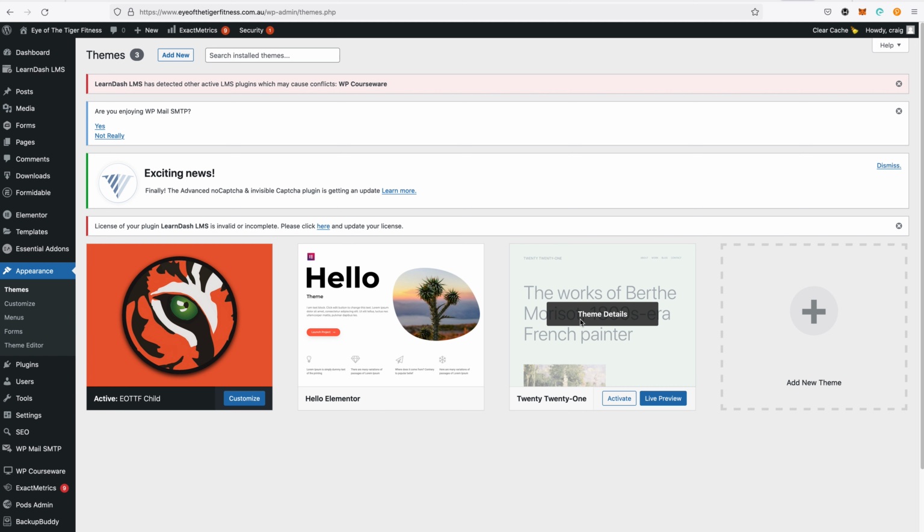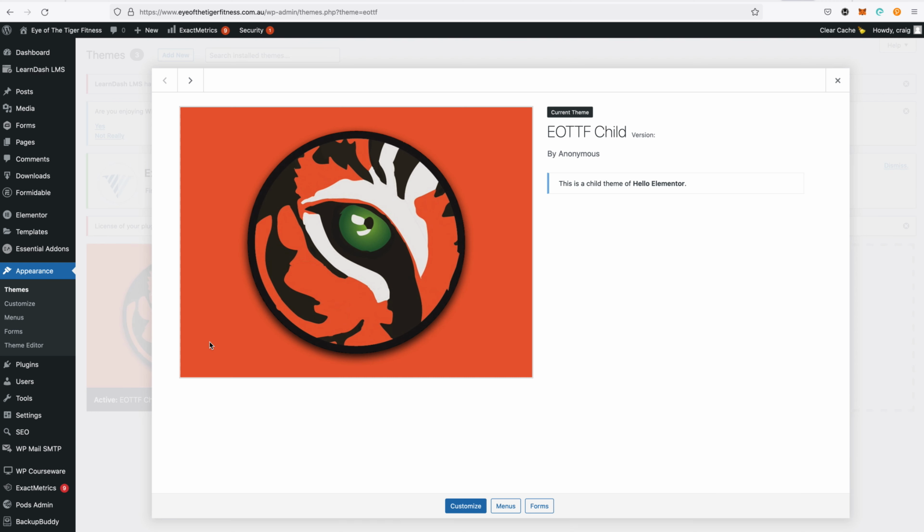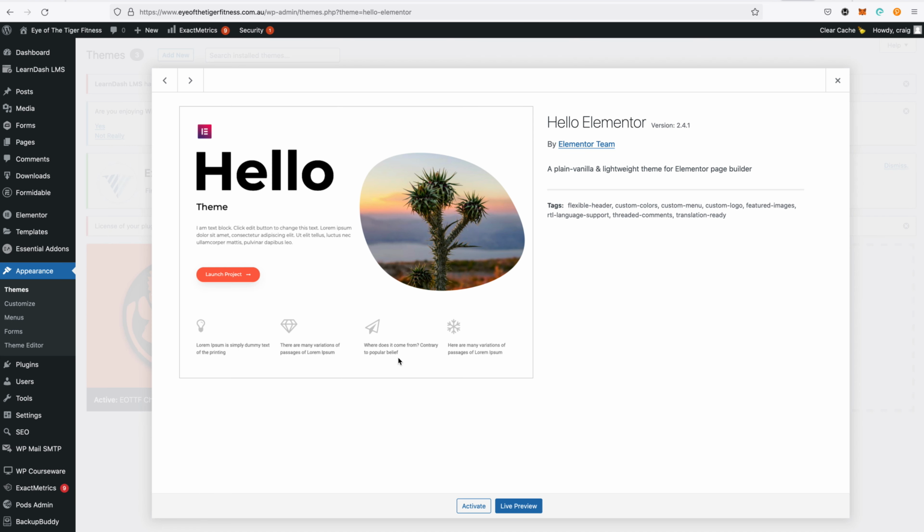You can tell that straight away because 2021 is the generic theme of WordPress. They've got 2020, 2019, 2018. Every year they bring out a new theme. But because they use Elementor on this website, they've used this basic free Hello Elementor theme, which calls up, as you can see, this is a child theme of Hello Elementor. So to understand Hello Elementor,